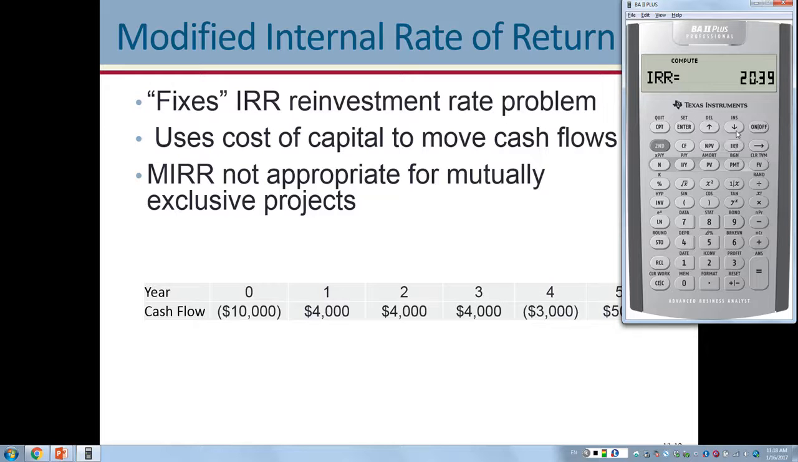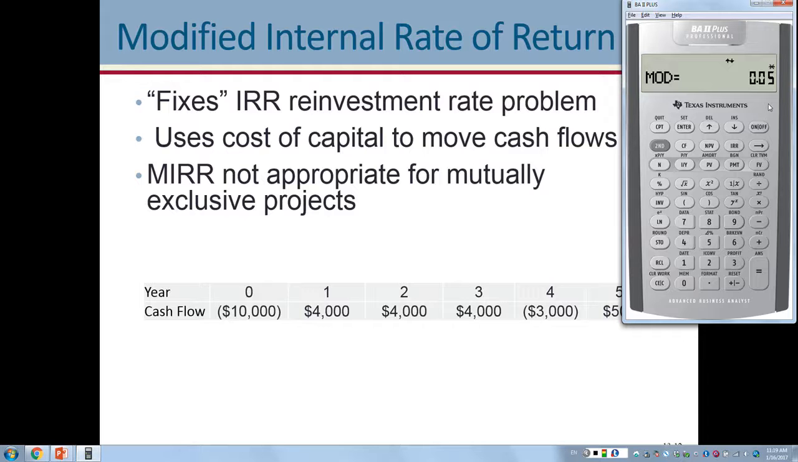I'm going to go to net present value and enter 5%. I'm going to go to IRR and I'm going to compute. Our IRR is going to change. Now, see where it says MOD? That's our modified internal rate of return. That's the MIRR. Our MIRR is